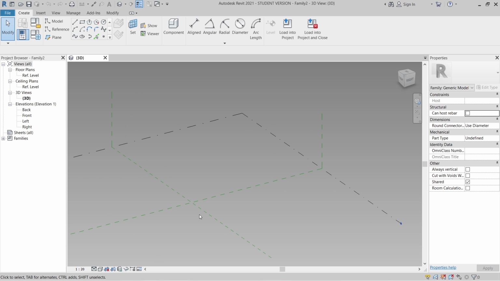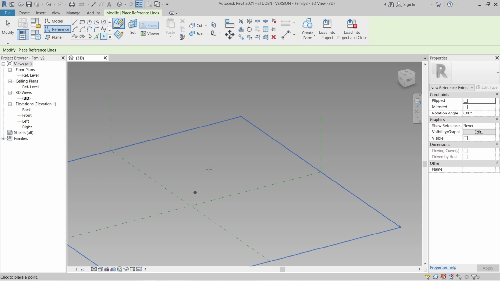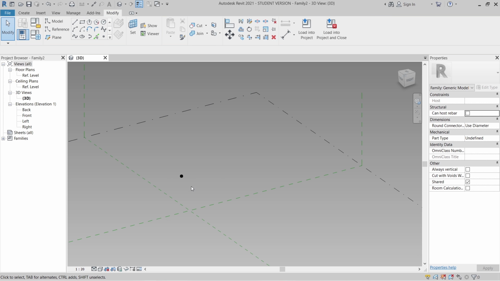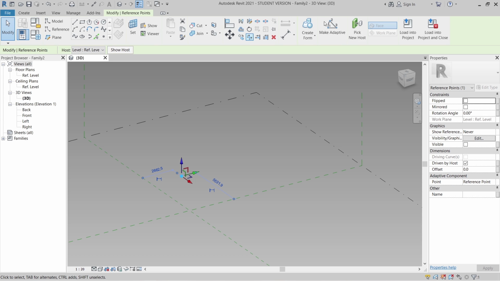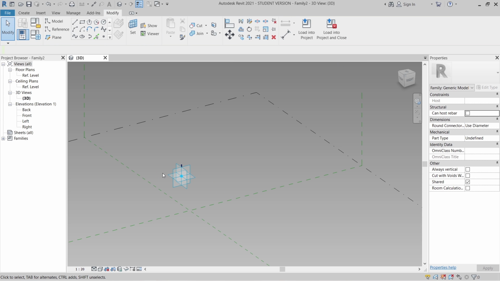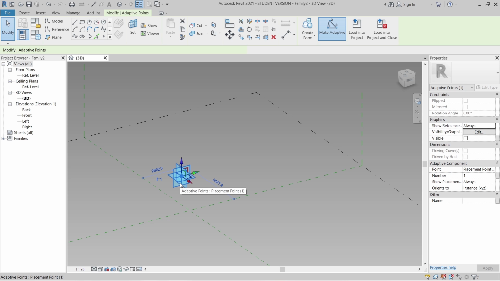Now let's start with a quick way to create our truss system. I can go to Reference, then place a point here. You can place it anywhere you want because it's adaptive. I can select it, hit Escape a couple of times, then select my point and make it an adaptive point. Here it will be mentioned as adaptive number 1. Then I select my adaptive point.